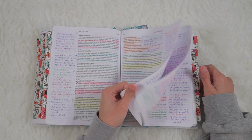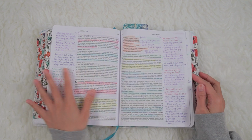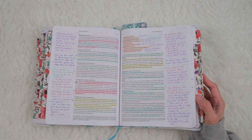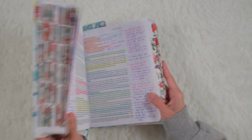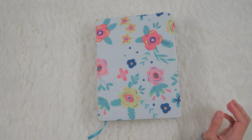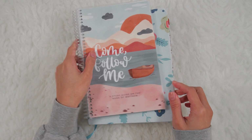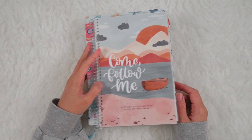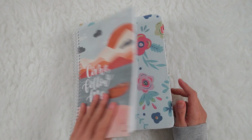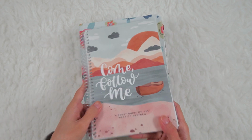So I did a lot of slow reading and I had a lot of notes, questions and prompts, and also on some other books of the Bible. And I decided through a lot of prayers and reflection and lots of work, it took me a while, to turn it into a Bible study guide. And finally, here it is. It's finally done. After so many sleepless nights and trying to sneak some time while baby is sleeping, I was finally able to